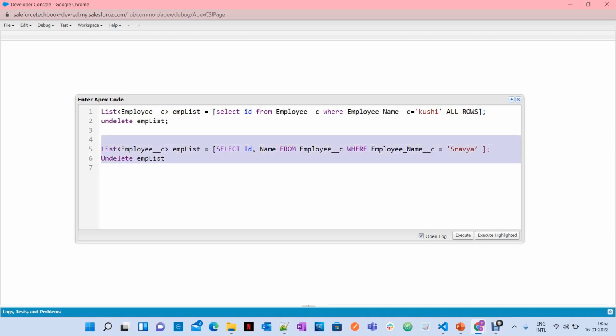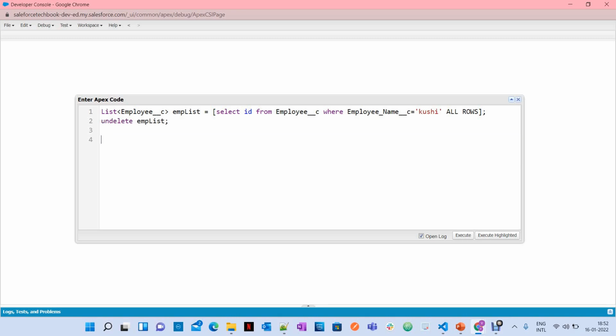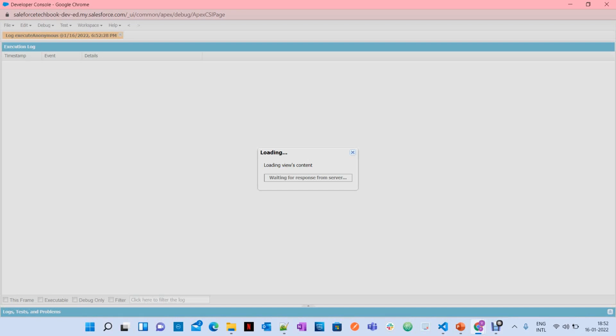So what I am trying to do is restore the record, that is the Kushi employee, which I deleted just now, and it is stored in the recycle bin of our Salesforce instance. Let's say execute. Now it is executed successfully.